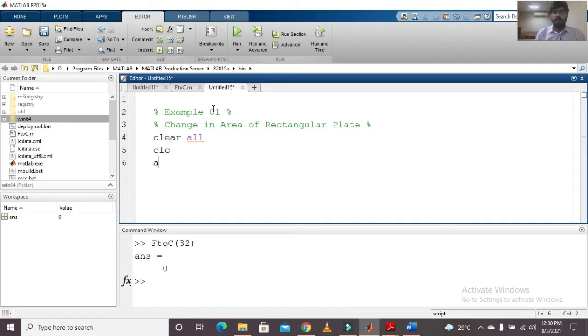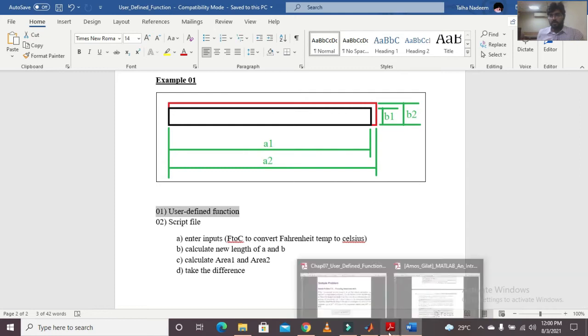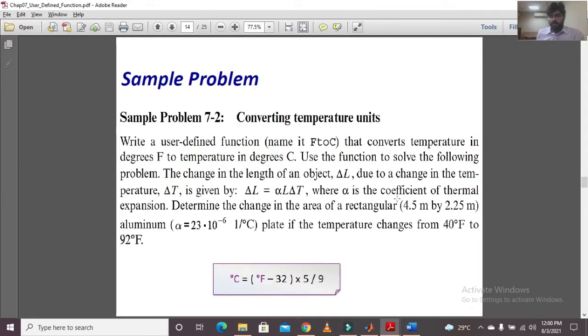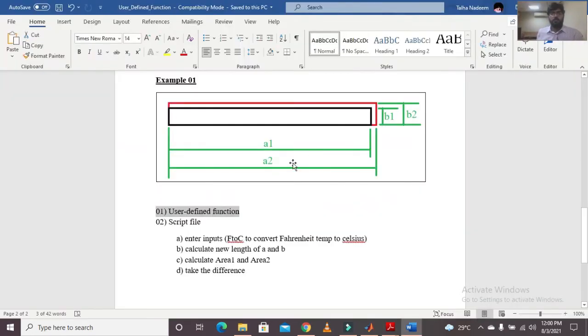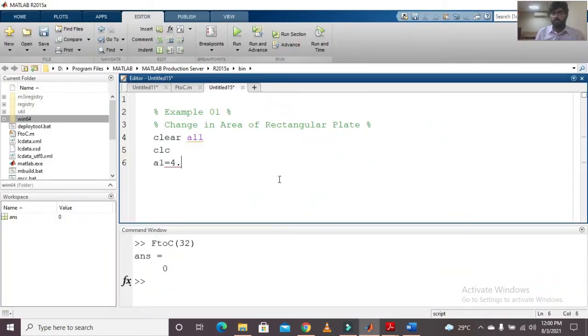Now you will be entering the inputs. As you can see, I have taken A as a length. So let's say this is my A and this is my B. You can take it the other way around as well. So this is my 4.5 and B1 is basically 2.25.